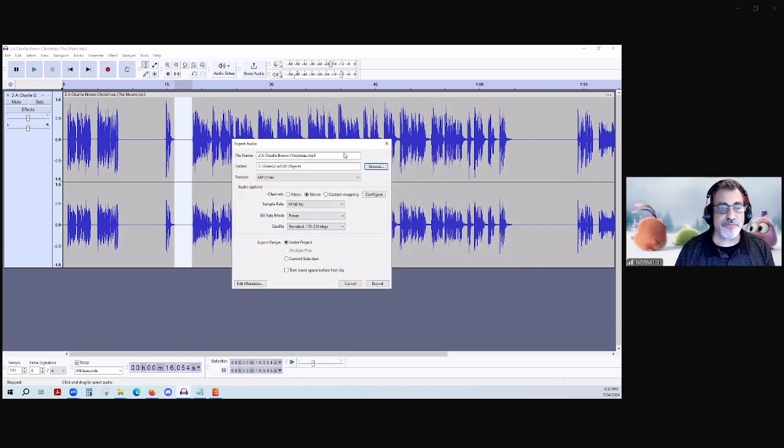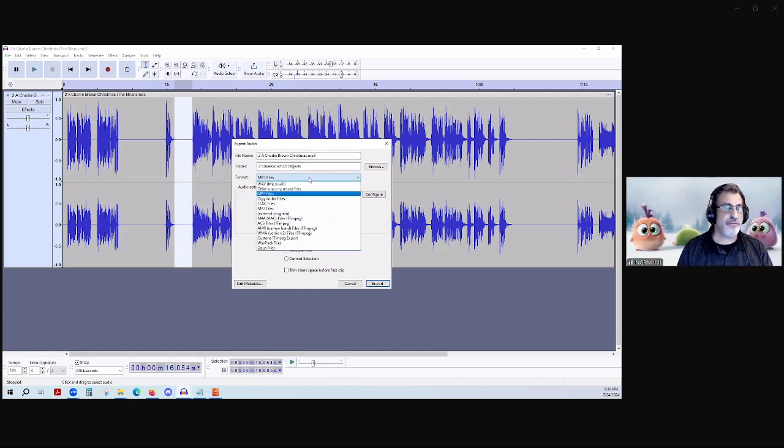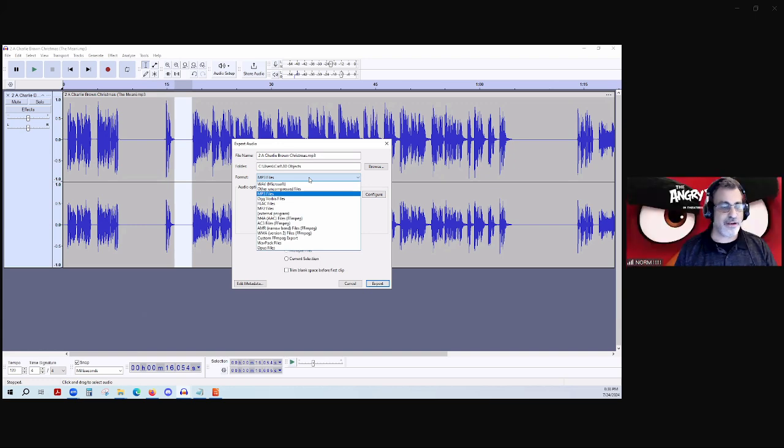And you notice you have different options here. Now it's gone ahead and said, oh, save this file, save it here. How can I save it? There are different file formats. Again, what is it you want to get out of it? MP3 is the most common. It's what they call a compressed file. It's what we use for xLights 99% of the time.